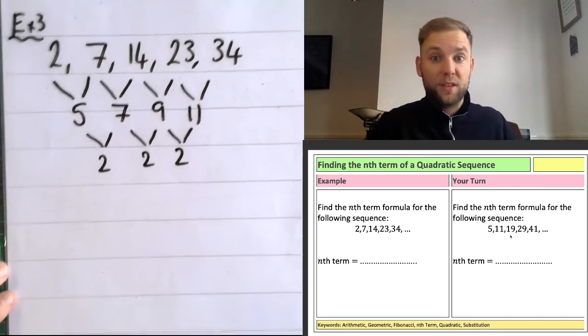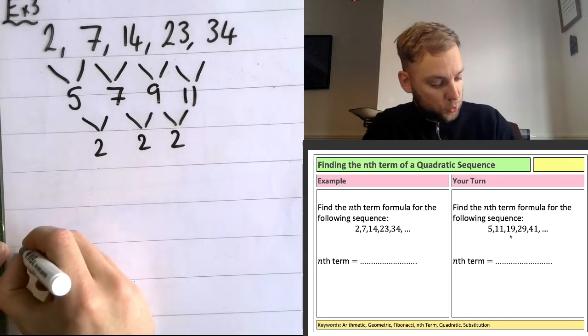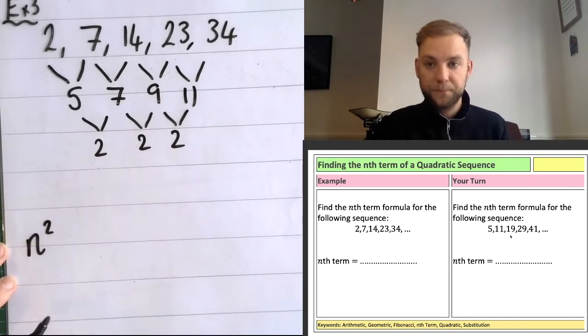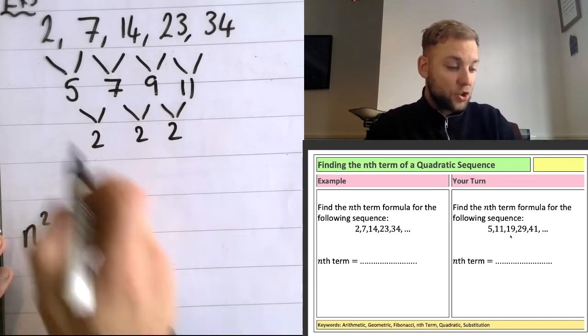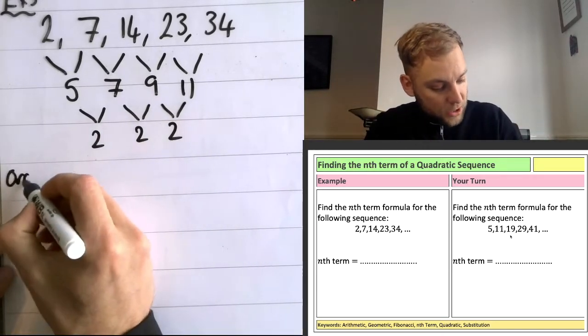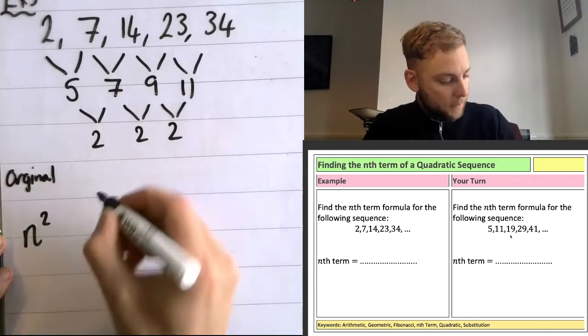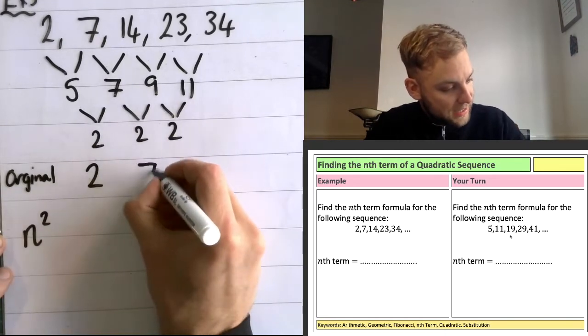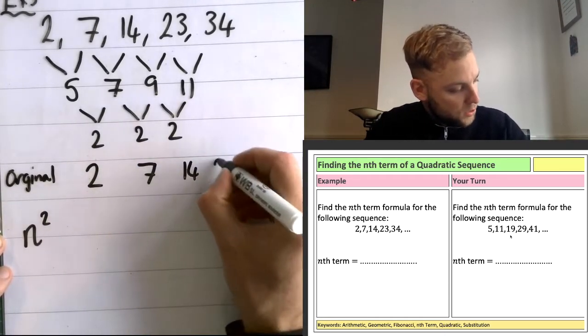So the number in the front of the n squared is going to be 1. So I just write n squared. The next stage is I need to subtract n squared from my original sequence. So I write down original on top. My original sequence is 2, 7, 14, 23,